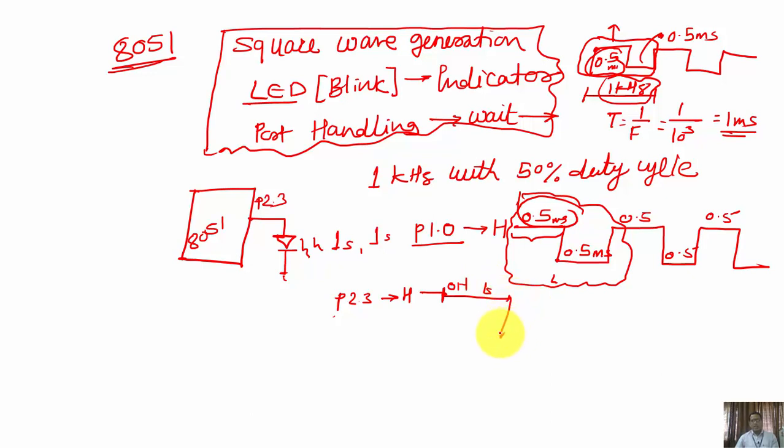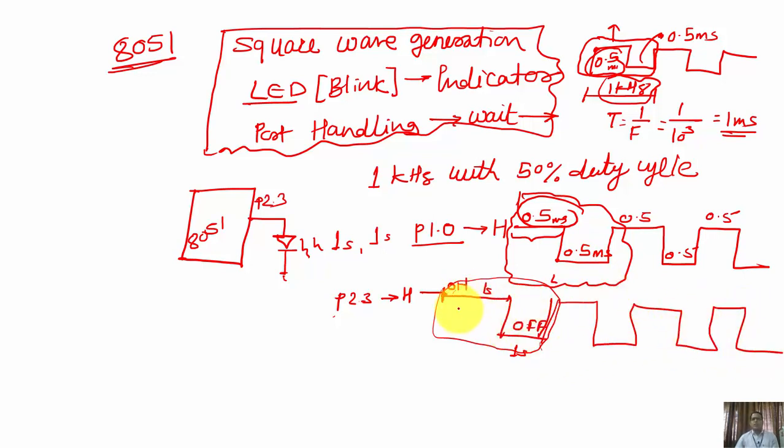After 1 second, the status of this pin, P2.3, changes from high to low, and the LED is off, again for 1 second. The code associated with this activity I am going to put into a loop. So N number of times, or as per my requirement, these continuous high and low signals are forwarded on the port pin. Whenever it is on, the LED gets turned on, and when it is off, the LED gets turned off. So this concept is very important, and that is delay calculation.